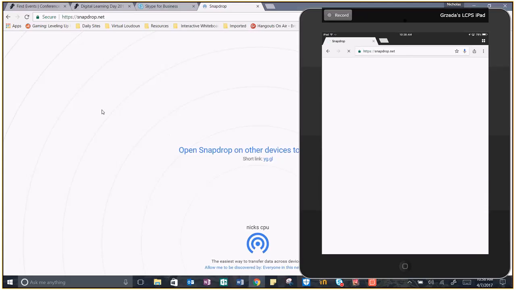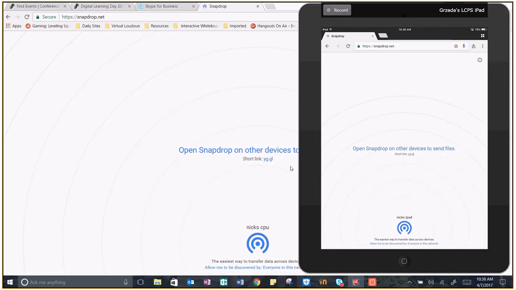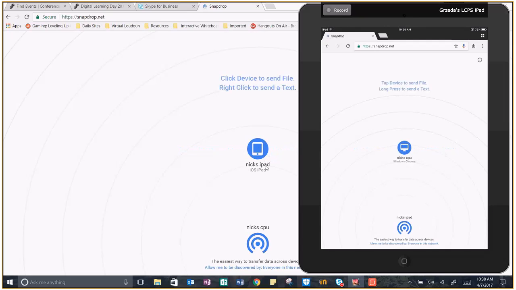Awesome. So now what happens with this website, as long as you're on the same network as the device, same network as all the devices near one another, you'll be able to see these things. So I can see Nick's CPU on my iPad, and on my CPU I can see Nick's iPad, making it very easy. So what I'm going to do is send a file to the iPad,